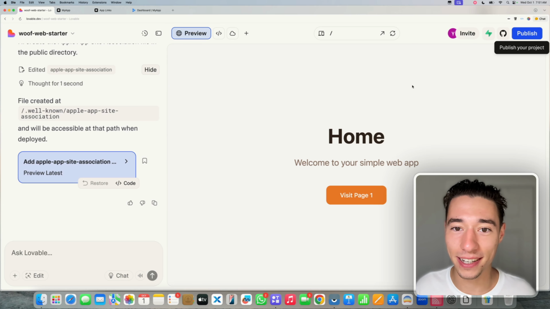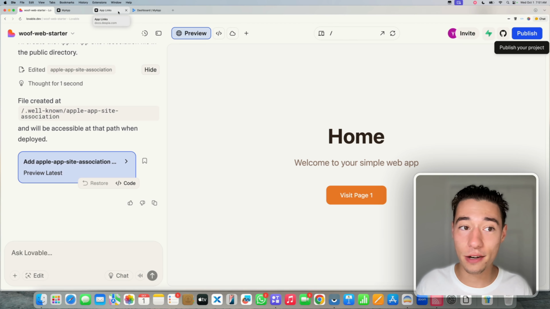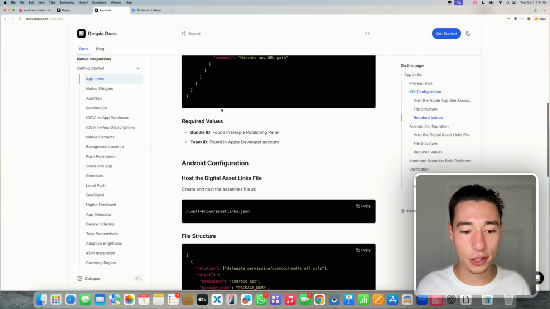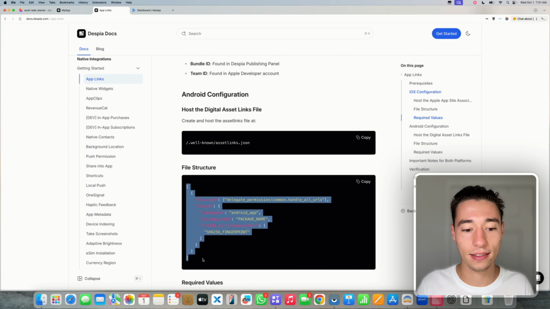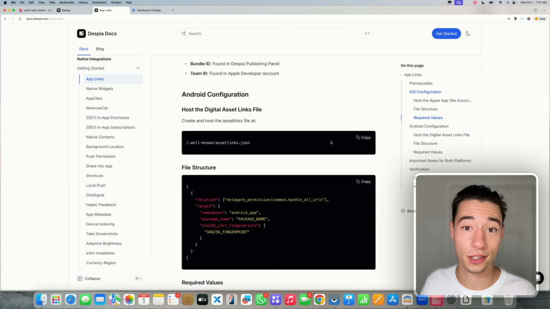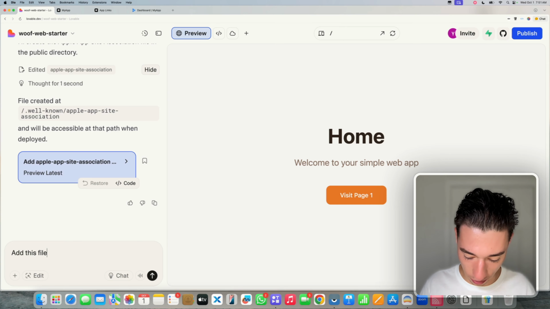And now we'll do Android. No, Android is actually also quite simple. So for Android, it's important that we go into the documentation, we scroll to the Android configuration section, and we're just doing the same prompt this time just for Android. But for Android, we're actually not going to take the file structure from here. We're actually going to take the file structure from somewhere else. This is just an example. So we'll copy this, and let's go to Lovable, and let's say,